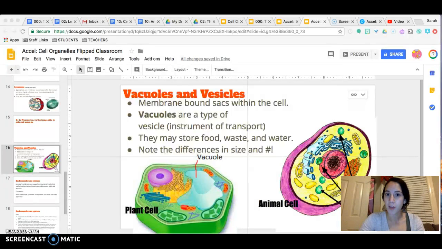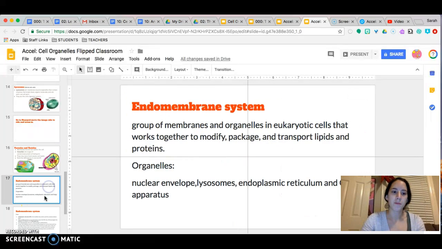We just finished up vacuoles and vesicles, and now we're going to go into what is called the endomembrane system. Now, it's a big fancy word, which pretty much means a bunch of organelles that work together in the eukaryotic cell to modify, package, and transport lipids and proteins. So the organelles that are in charge of this are the nuclear envelope, lysosomes, the endoplasmic reticulum, and the Golgi